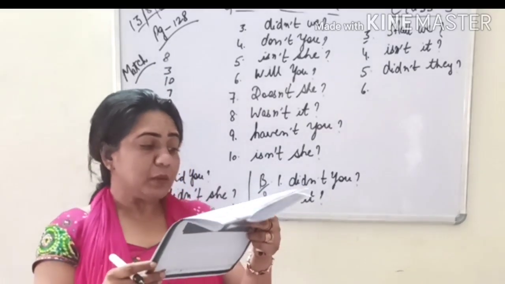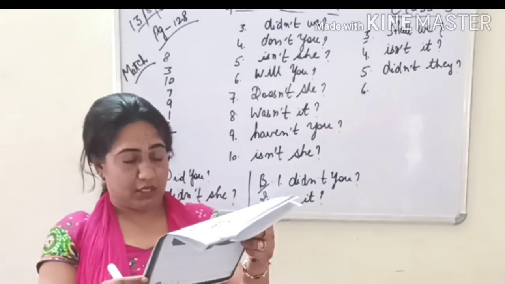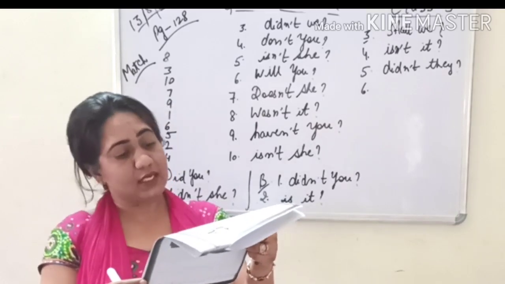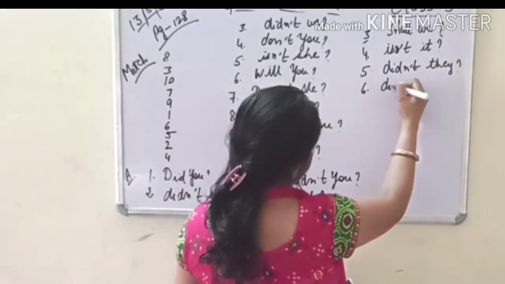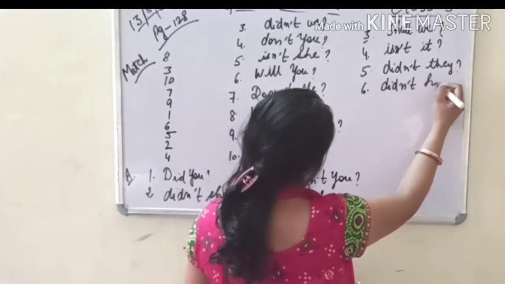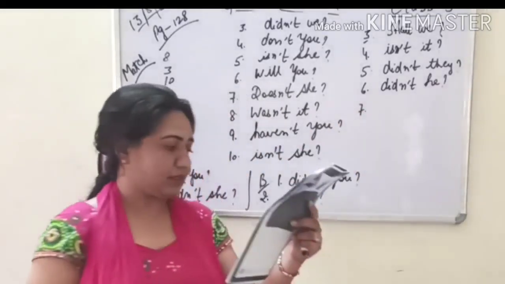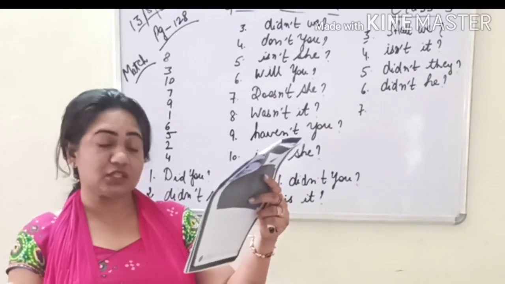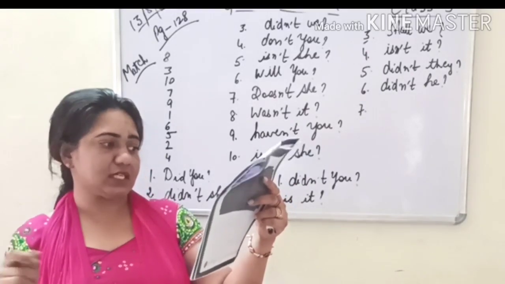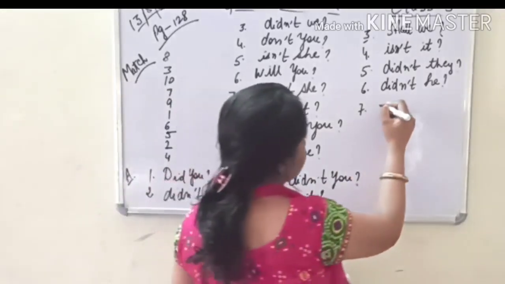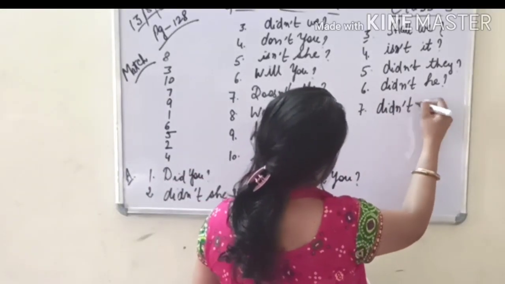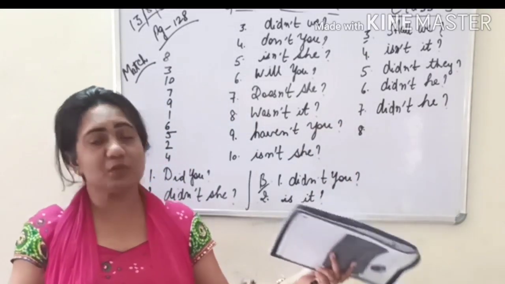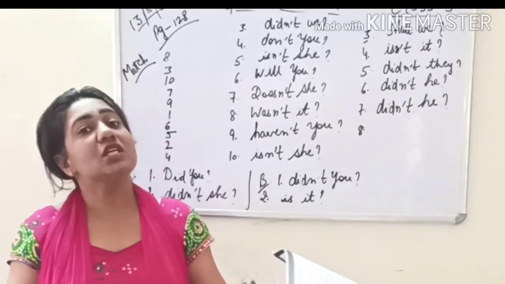Okay. Nikhil went scuba diving. Now, went positive, no helping verb, make it negative. Didn't he? This way. Number 7. Sahil drove the car carefully. Now, again drove past, no helping verb, use did, make it negative. Didn't he? For Sahil, we will use the pronoun he plus your question mark. We all know for boys we use he and for girls we use she pronoun.